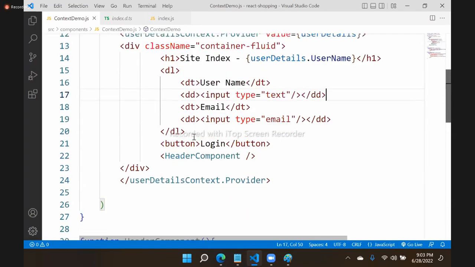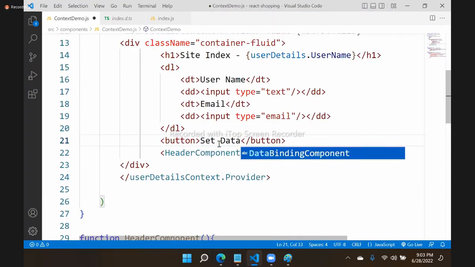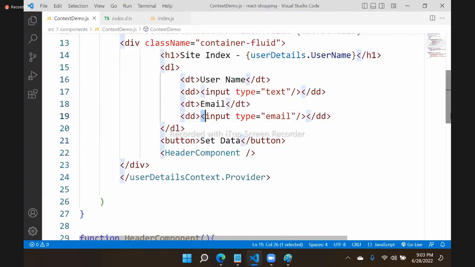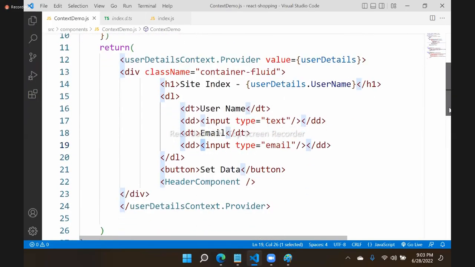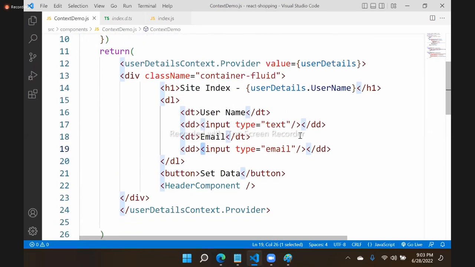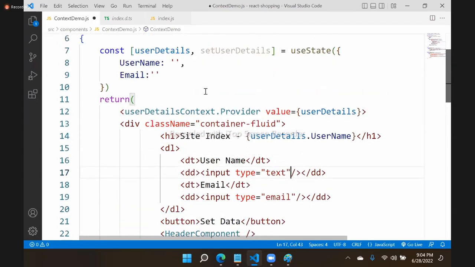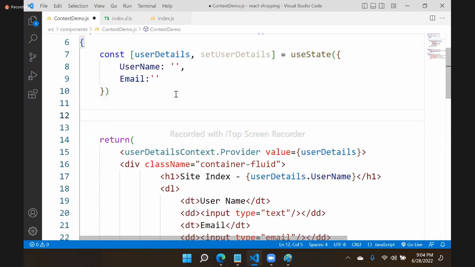Currently I am not using the login option. I will simply put set data, right? Just like this. Later we will see navigation, login, and all these things. Now initially when set data is clicked, we need to set these details. A general process you know already. What we have to do is configure a function. So this function is handle user, and